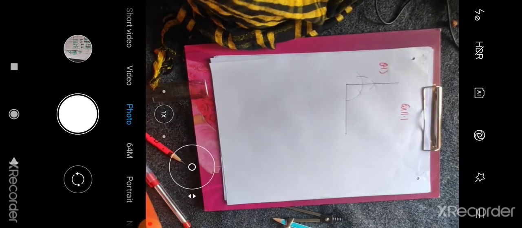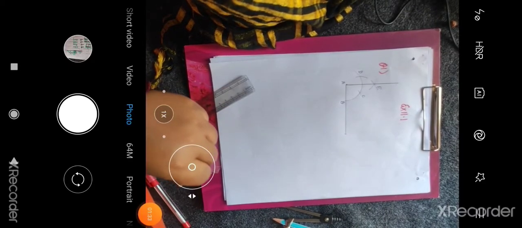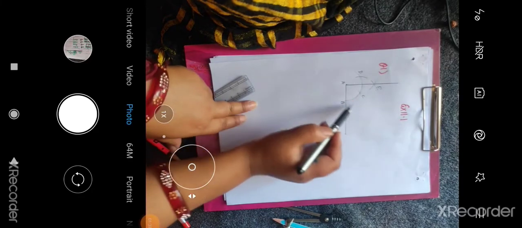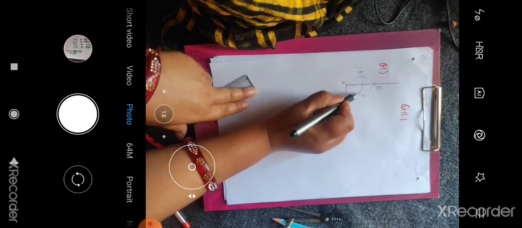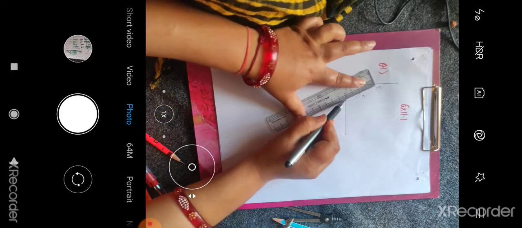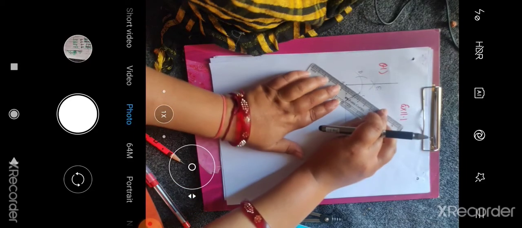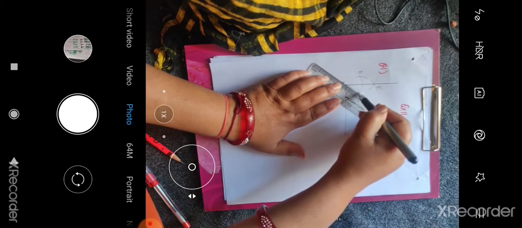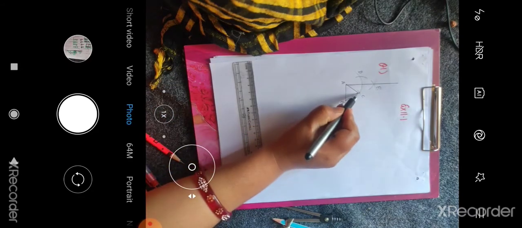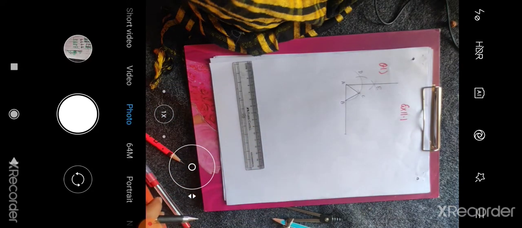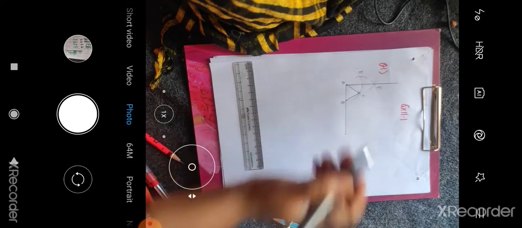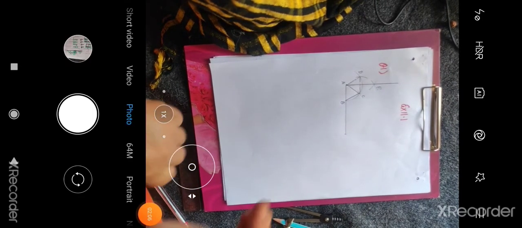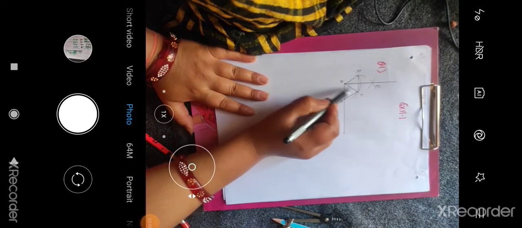Now see, you have to verify it also. You can see that for the verification I have given names to these points: A, B, C, D and E. For that, first you will join BC and AC. You have joined it. I am doing it with the pen, but you will do it with the pencil. Now, first we have to prove that this whole angle is 90 degrees. So what will you do for that? You will join DC and AC also.